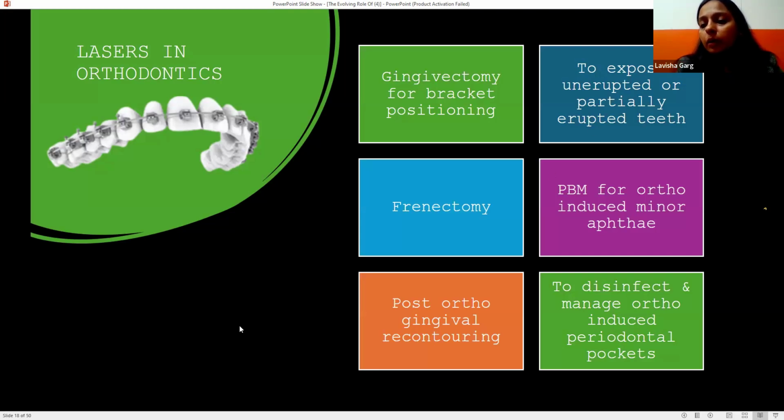Another and most important part for the ortho is to manage the hygiene conditions. So as we know, in ortho, many times we'll end up with periodontitis cases because of a number of reasons. So to remove that and to reduce the chances of extending the intensity or the level of that periodontal destruction, we can in between add the laser tip in the sulcus area, and keep on disinfecting that pocket area or the periodontal sulcus area, so that the patient has a more comfortable journey with the ortho.